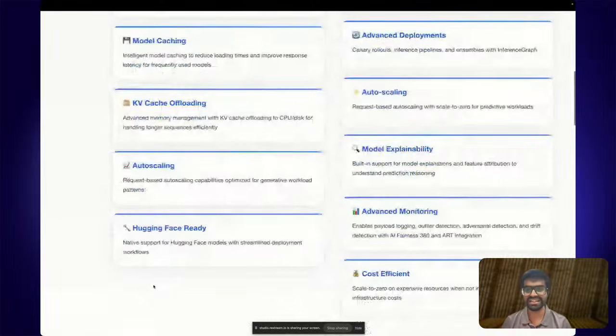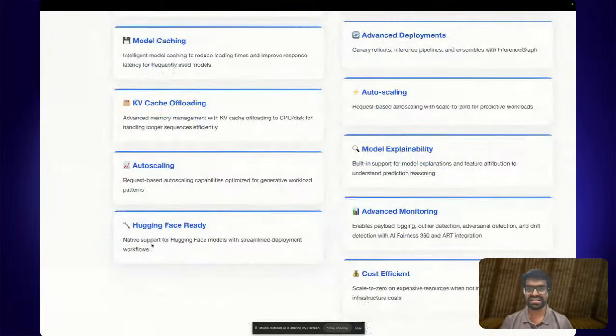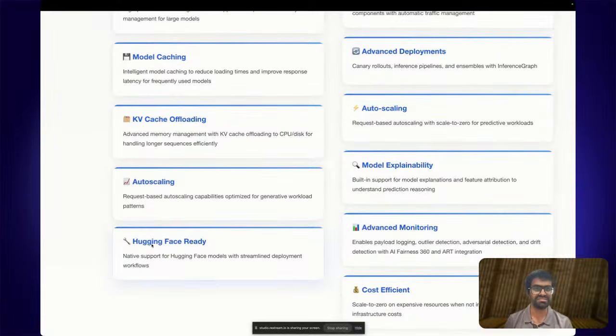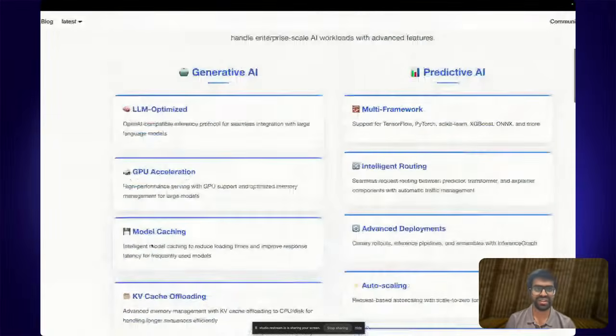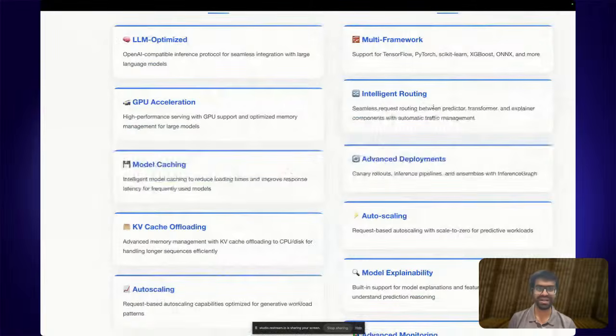And the great thing is that, if you're not already aware, Hugging Face is the largest online repository of open source models. So it has built-in integration or support for Hugging Face. You can very easily take an off-the-shelf model from Hugging Face and start to use it. And it supports multiple AI frameworks. Of course, PyTorch and TensorFlow, these are all open source frameworks or libraries with which you can create machine learning models from scratch.